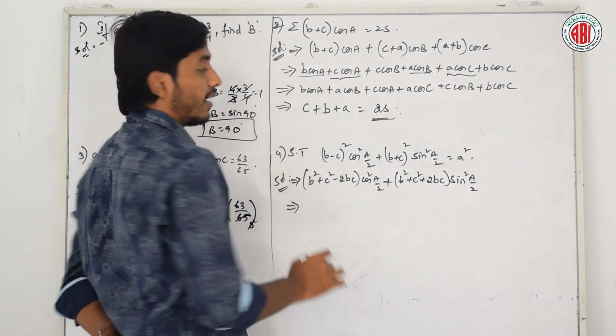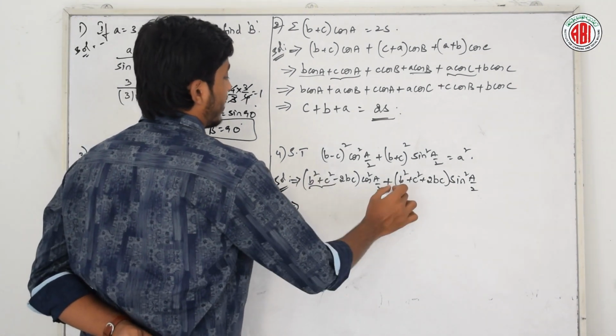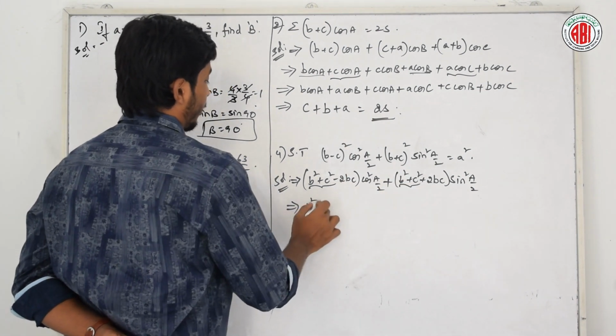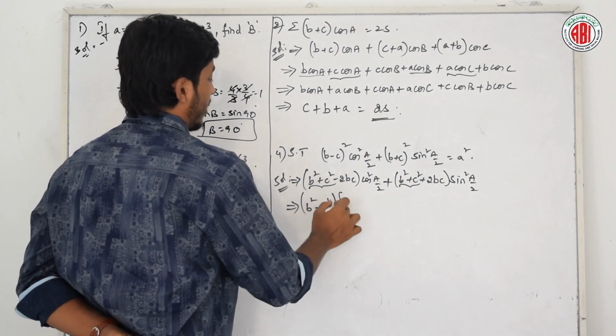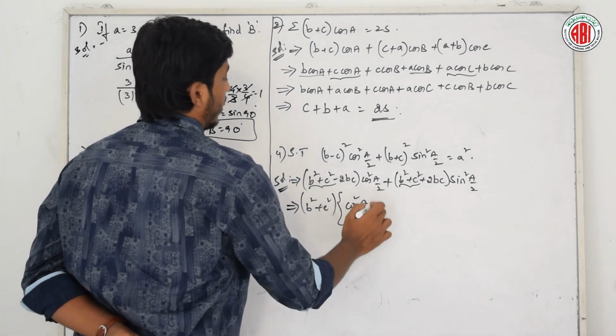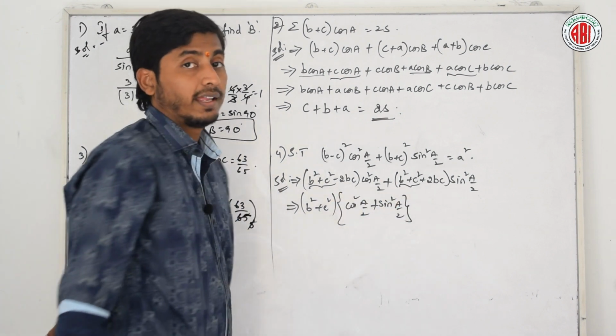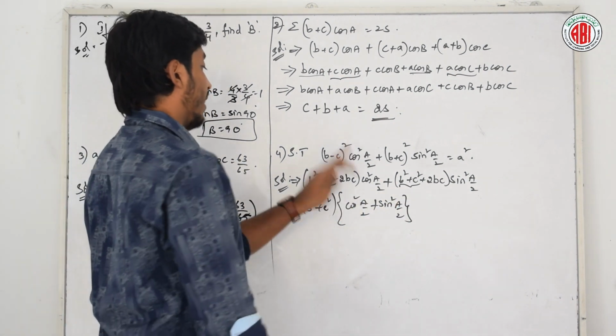Can I write it like that? Yes. If I take B square plus C square common here, what will be my term here? Cos square A by 2 plus sin square A by 2. Right? And the next, if I take minus 2BC common,